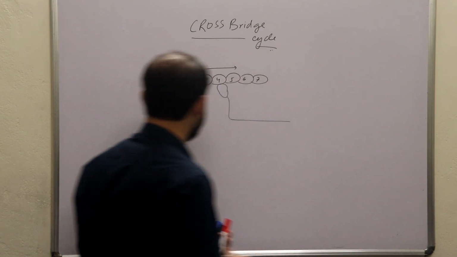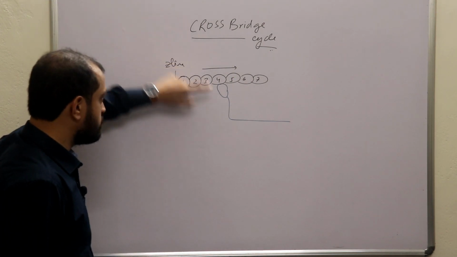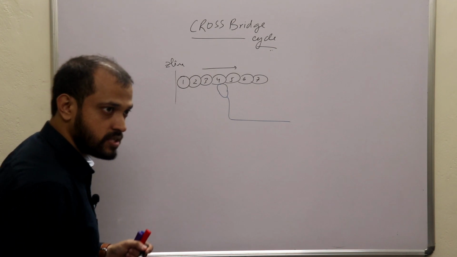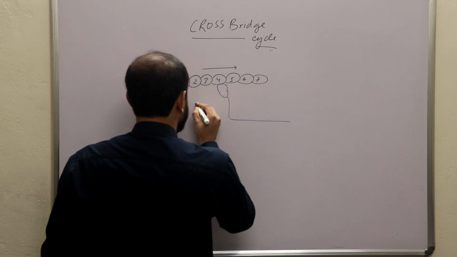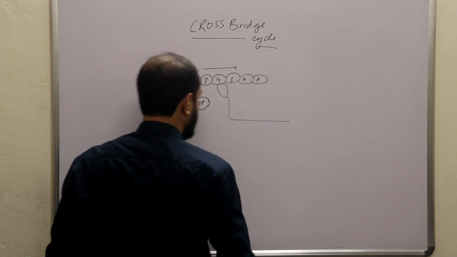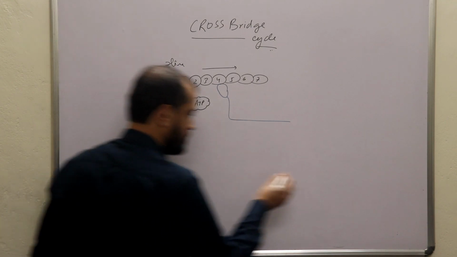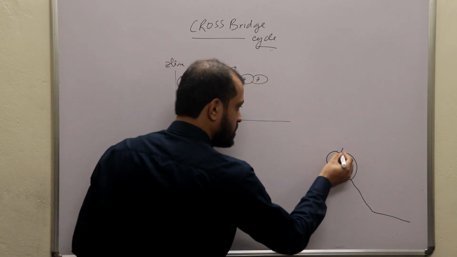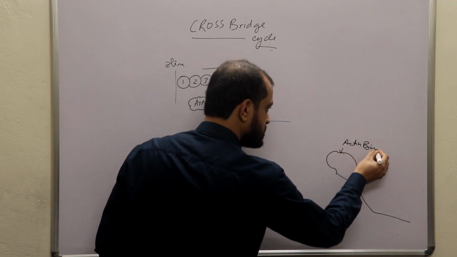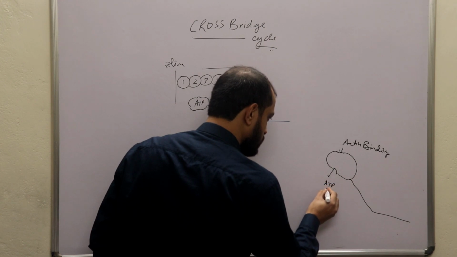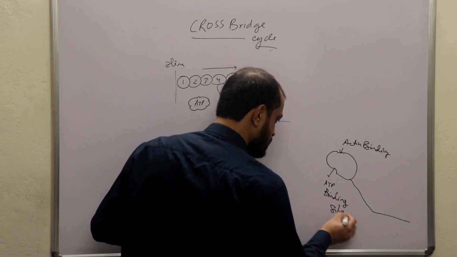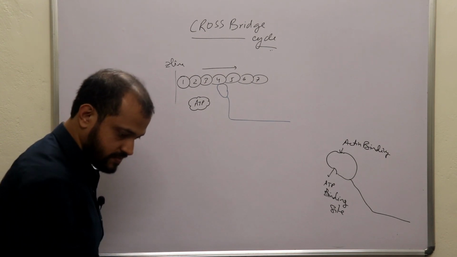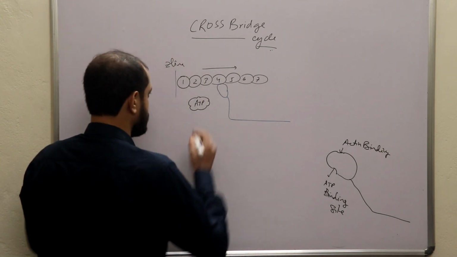Yes. Now listen. At the starting point of the cross bridge cycle, the myosin head is attached with actin, okay, because there is no inhibition, which has been removed by calcium, okay. Now listen. When ATP binds with this myosin, if you consider the structure of the myosin head, it looks more or less like this. That means there are two sites. One is the actin binding site, another is the ATP binding site. Now listen, when ATP binds with the ATP binding site of myosin, then what happens